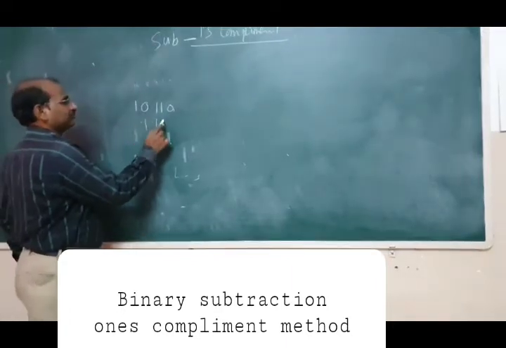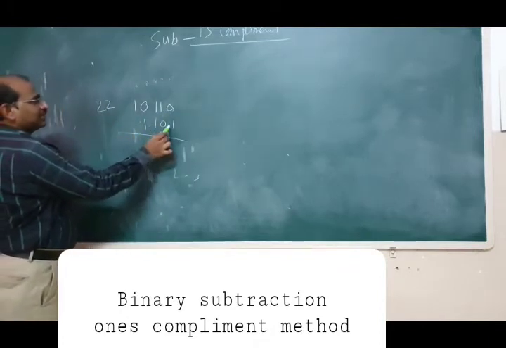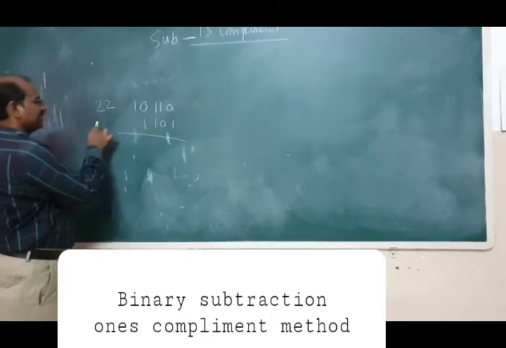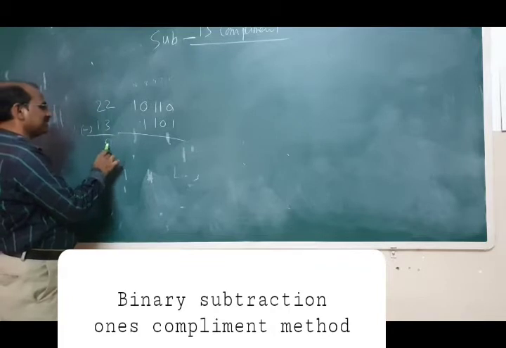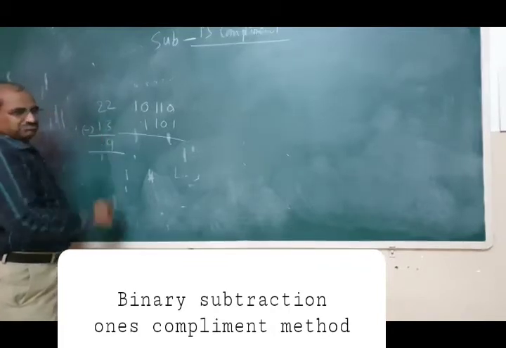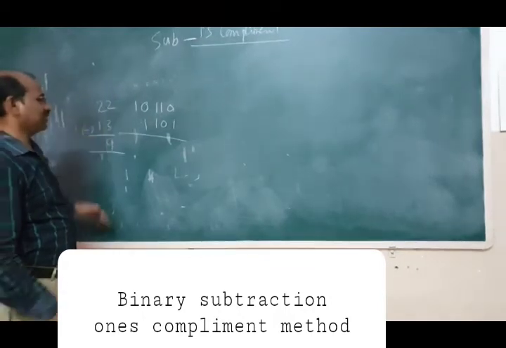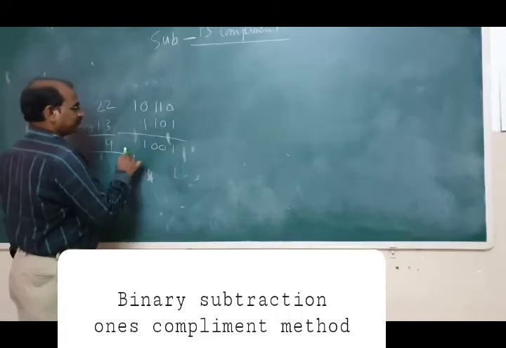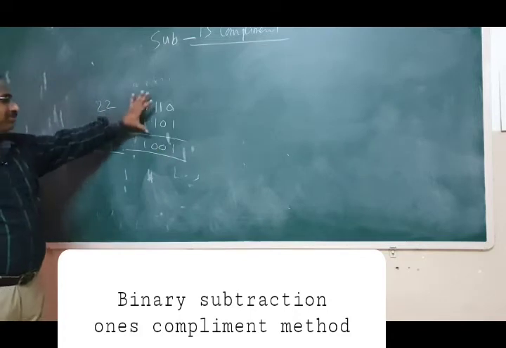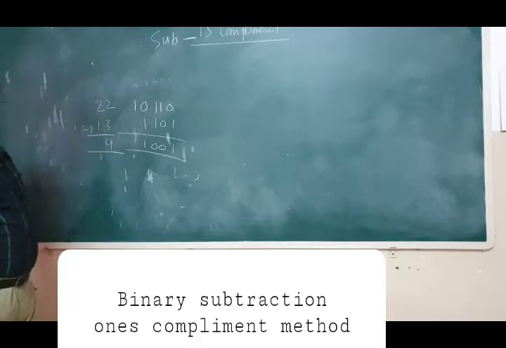Now we want to subtract this one. This is 22 and this is 1 plus 4 is 5, plus 8 is 13. Equivalent decimals I am writing here. 22 minus 13 is 9. We borrow 1 here, 12 minus 3 is 9. So by the borrow method we are doing this, and I am writing all these things to verify whether we did it right or wrong.